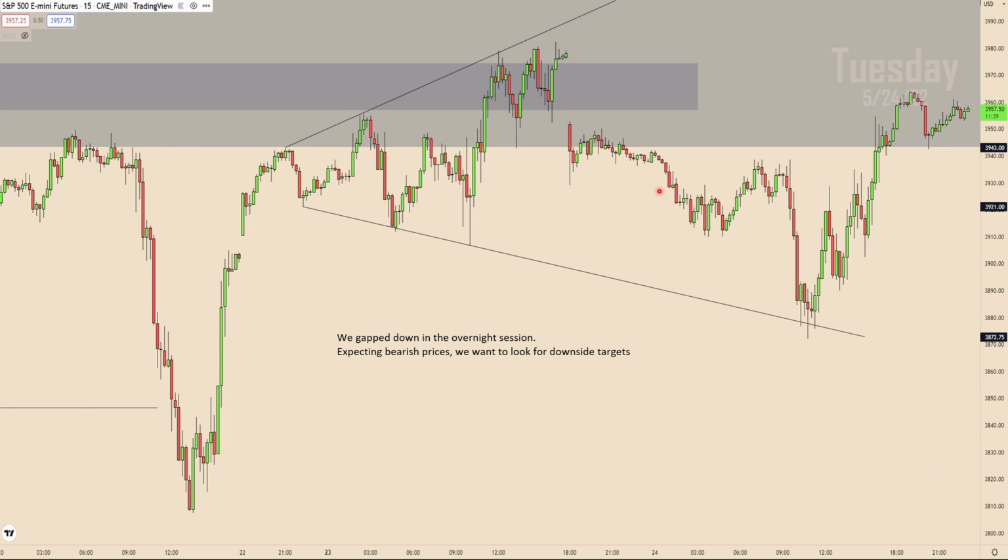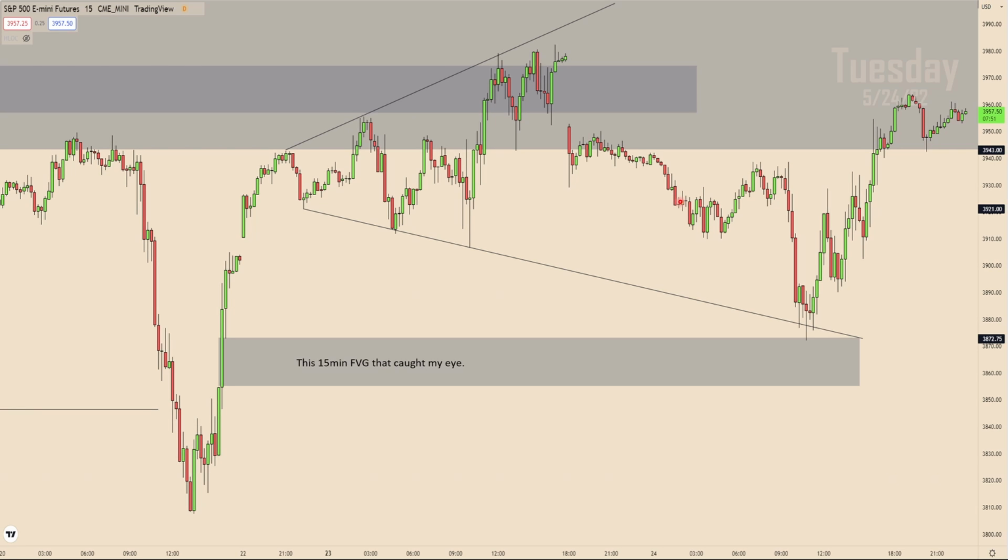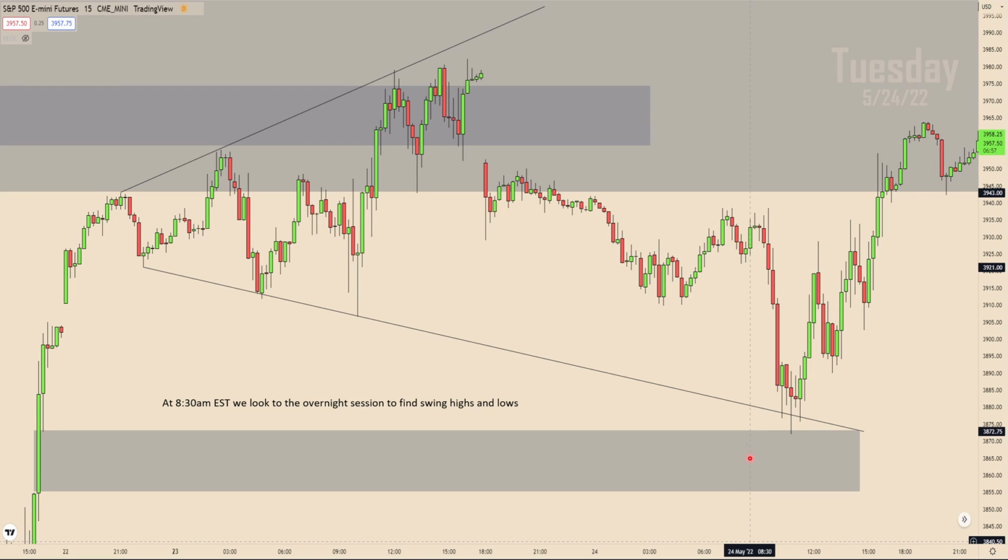So we are still bearish because of the bias, so we are looking for downside prices. Where are we gonna look? This 15-minute fair value gap. It caught my eye because it's the biggest imbalance in this area here, and it also lines up with the broadening formation. Going to the 8:30 open, when news embargo lifts, we are going to look back and see where